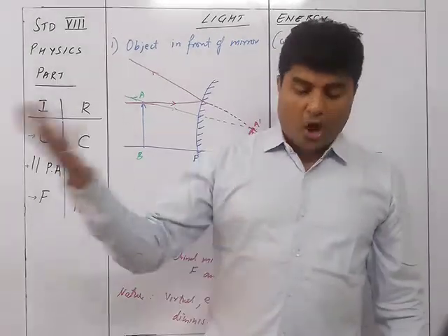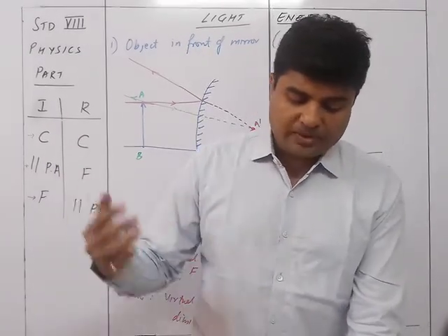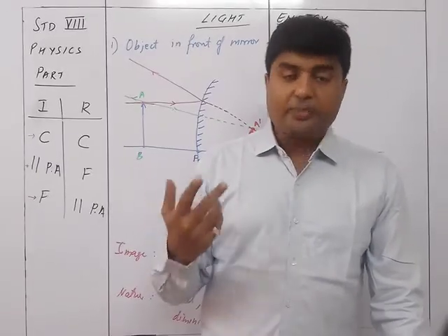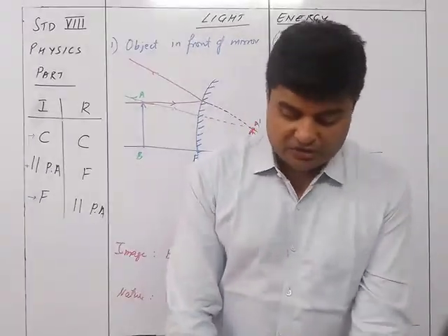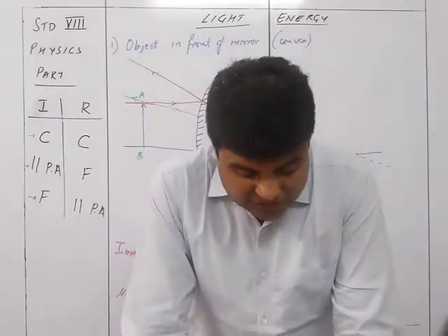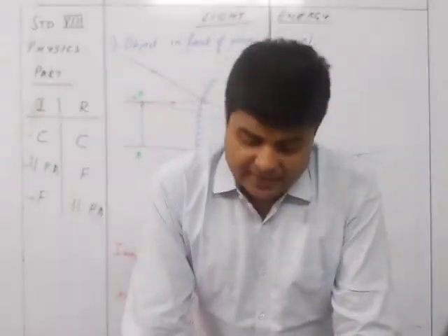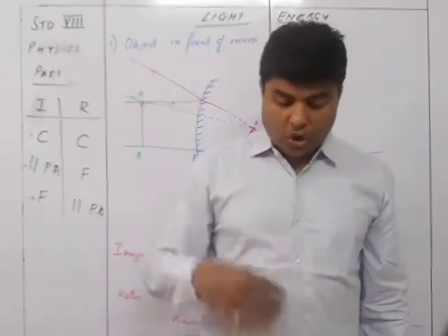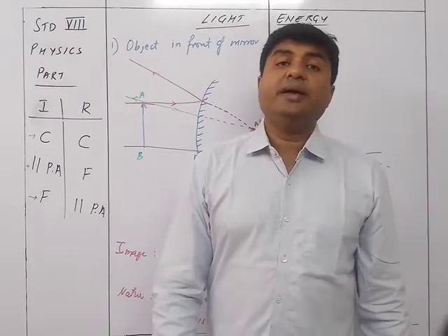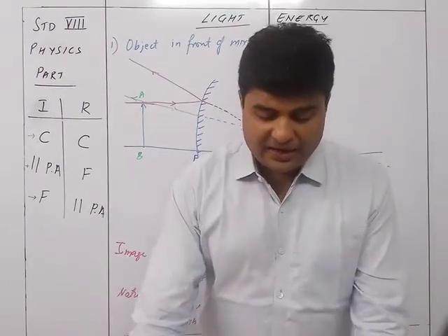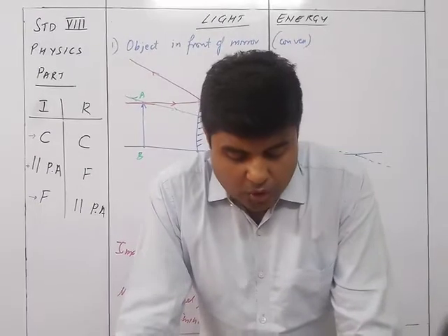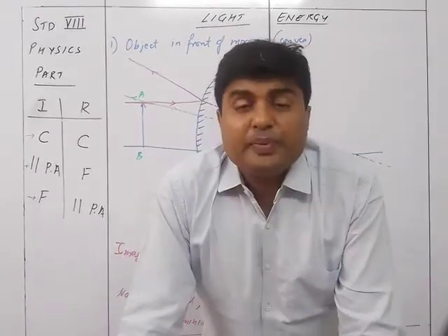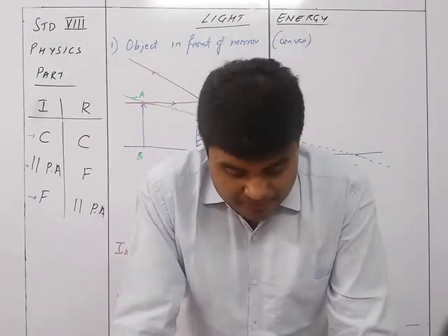As the object is brought near from infinity towards the mirror, the image is real, inverted and diminished till the object is beyond the center of curvature. For the object at the center of curvature, the image is real, inverted and of the same size. When the object comes closer up to the focus, the image is real, enlarged and inverted. But if the object comes still closer, the image becomes virtual, erect and magnified, enlarged.